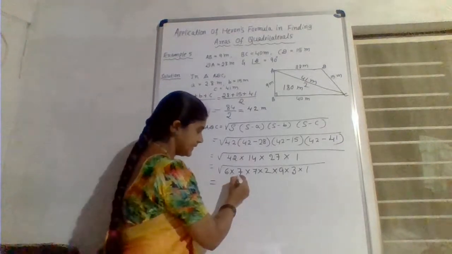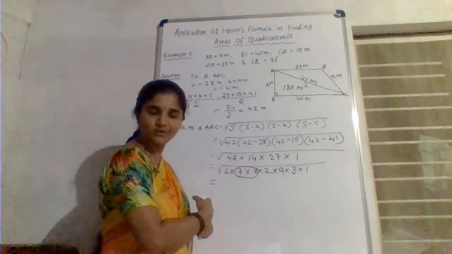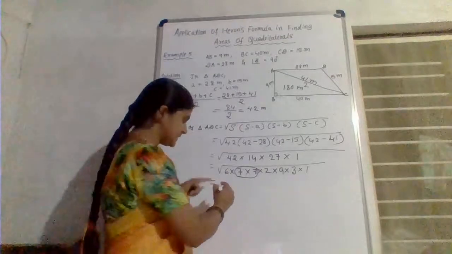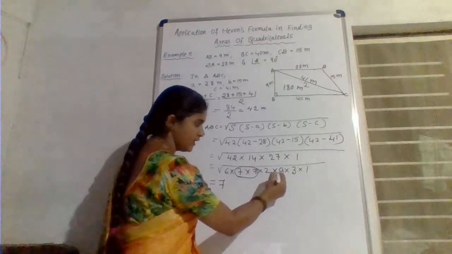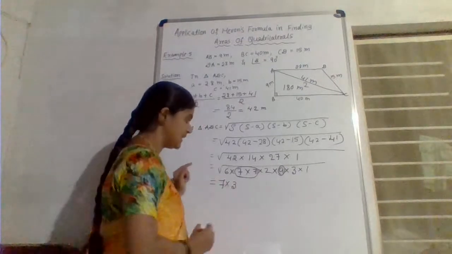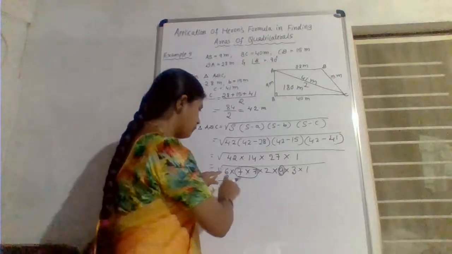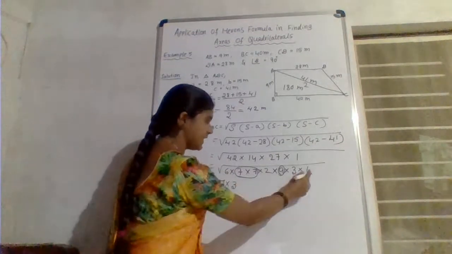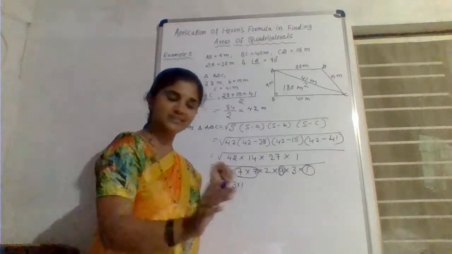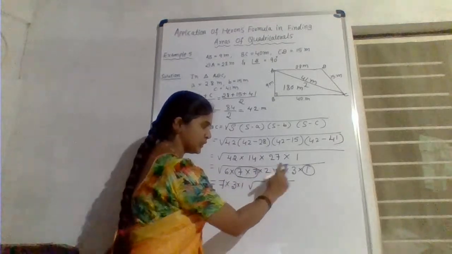Yes. Next here 7 and 7. So 7 square, then 7 comes outside, or 7 into 7 is root 49. Root 49 is 7. Okay, 7 comes out. Then here 9, so that is 3. Square root of 9 is 3. So next, can we pair anything? No. Yes, now we have to think, 6 we have to split. Next 1 is 1 only. Right, now 1 also is over. Square root of 1 is 1 only. So what is inside the root sign actually? 6 into 2 into 3.